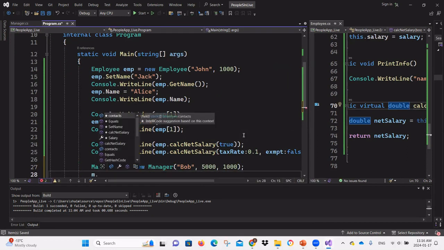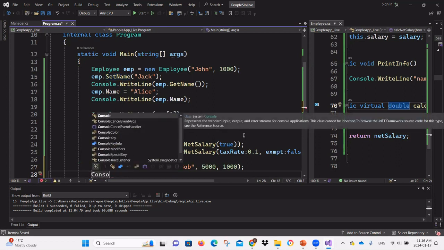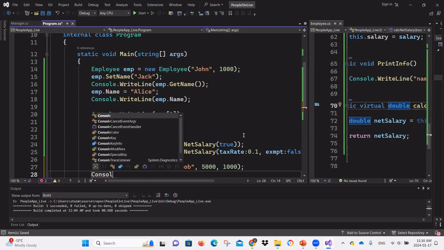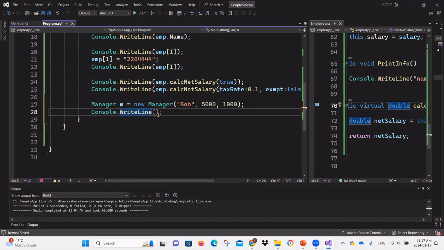Okay, so now I can say M dot calc net salary, and write it out, and m dot calc net salary